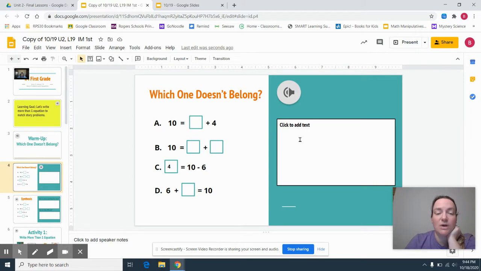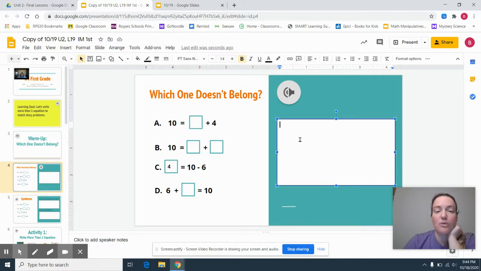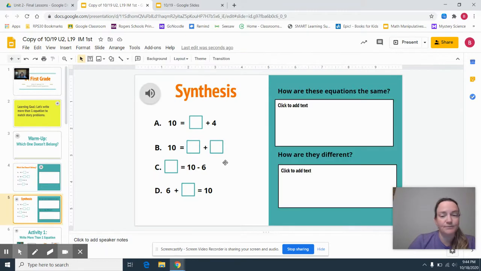I want you to look through those equations here, and then on this slide, you're going to write or type which equation doesn't belong and why we talked about it doesn't belong. And then looking on to the next one,